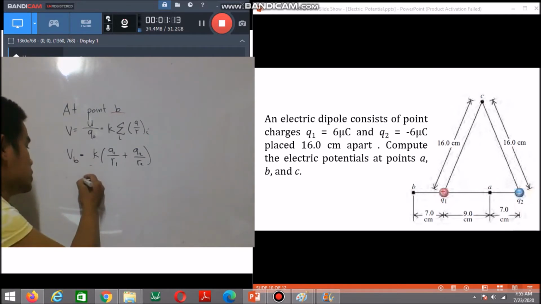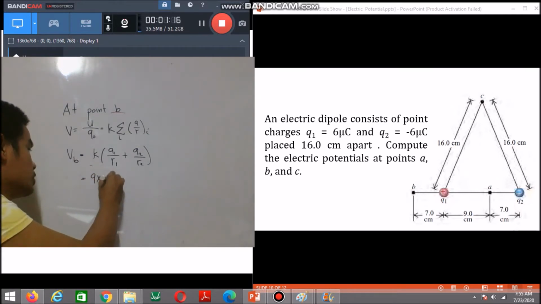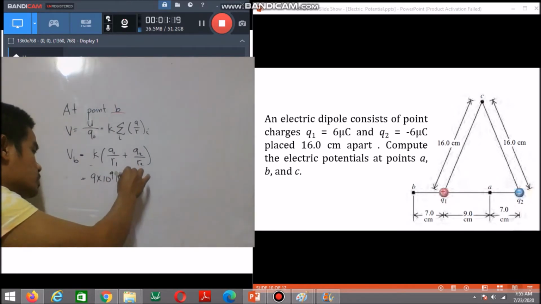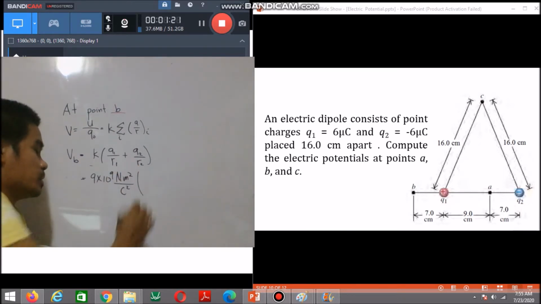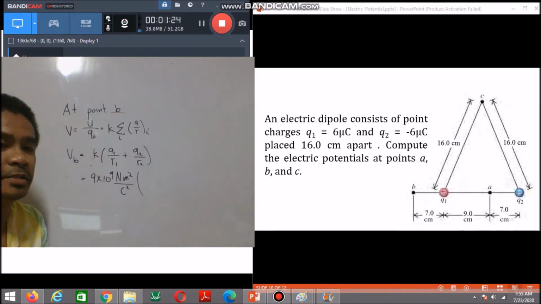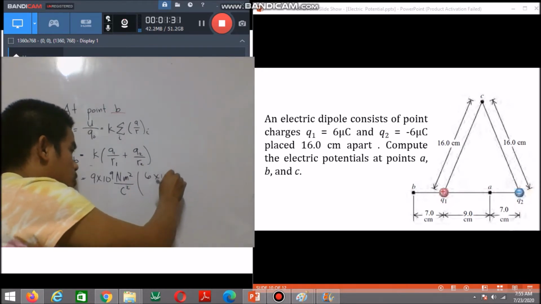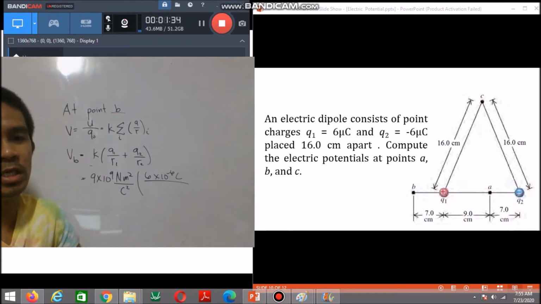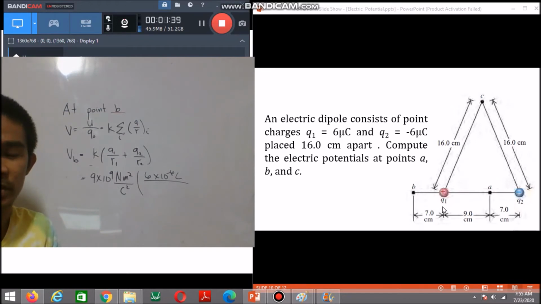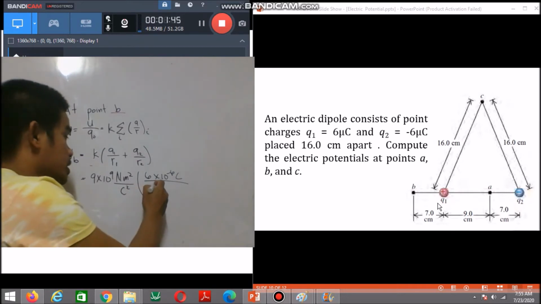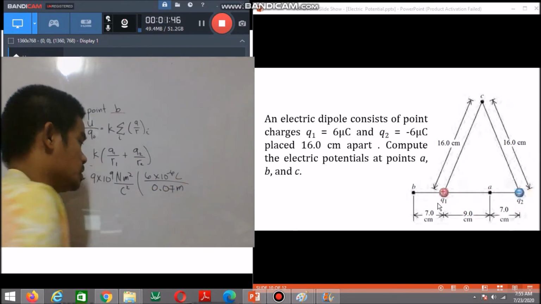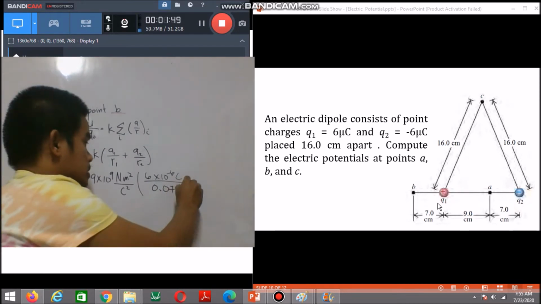Alright, so what's Coulomb's constant? That is 9 times 10 to the power of 9 Newton meter squared per coulomb squared. Multiply by, what's the charge of Q1? Charge of Q1 is 6 microcoulomb, so that's 6 times 10 to negative 6 coulomb, over how far is B. As you can see in the figure, point B is 7 centimeter from Q1, so 7 centimeter in meter is 0.07 meters, right? Plus